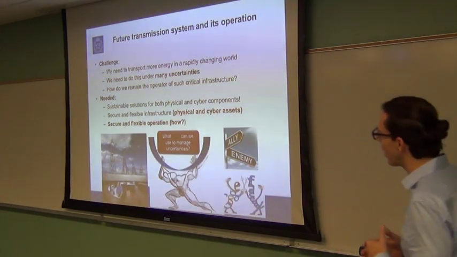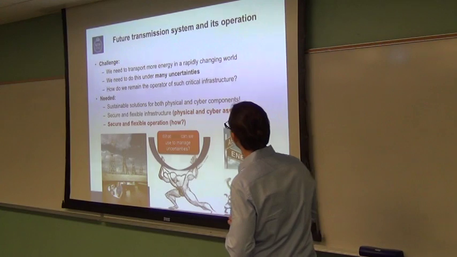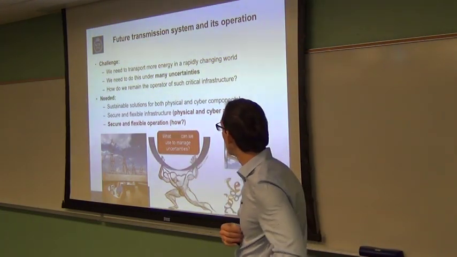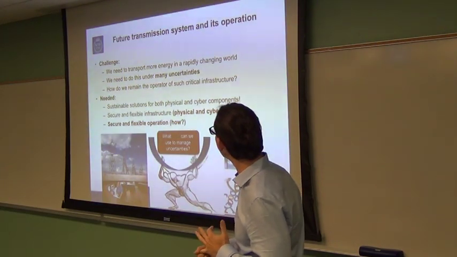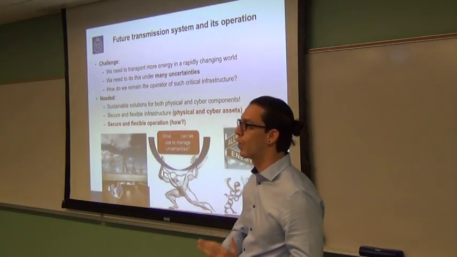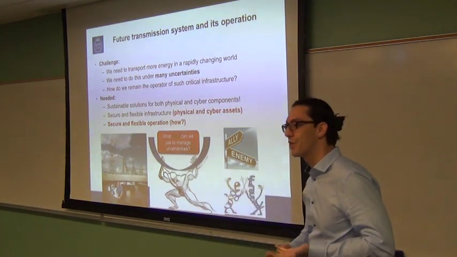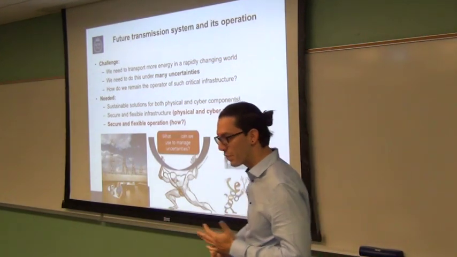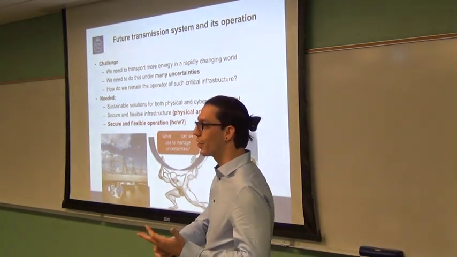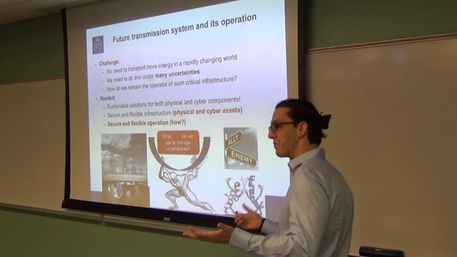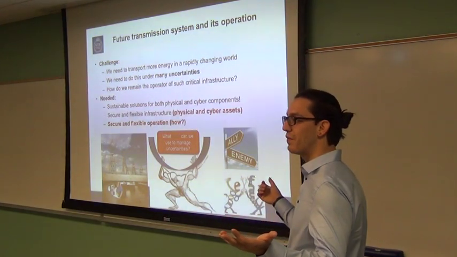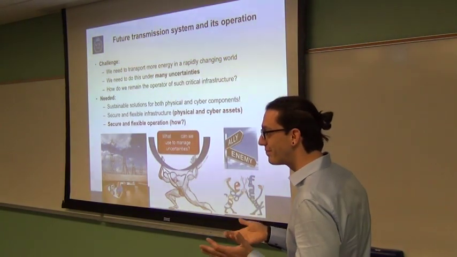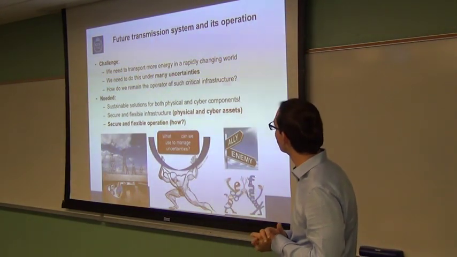So as I try to explain how I look at the future and why I do the things that I do, we actually will have these issues, that we will have to transport more energy in a rapidly changing world. For example, I have been reading some articles of people, Damien Ernst, for example, from Belgium, he's proposing that we have a worldwide interconnected grid. That's completely feasible. We did it for telegraphs. We do it for the internet. So it's interesting to think about that.